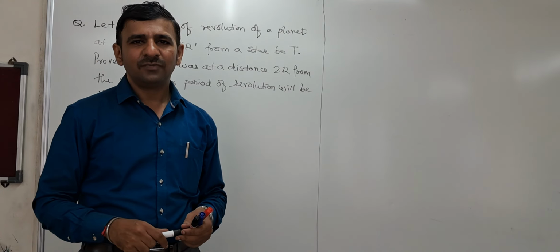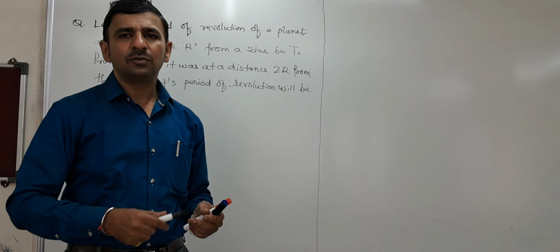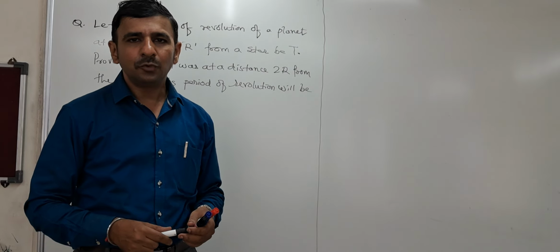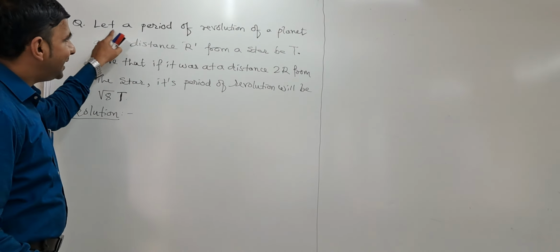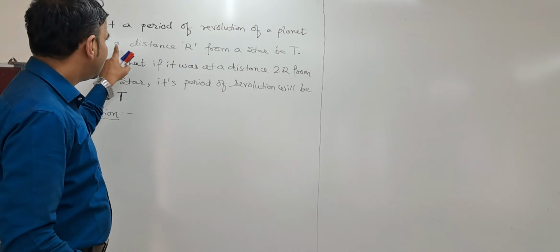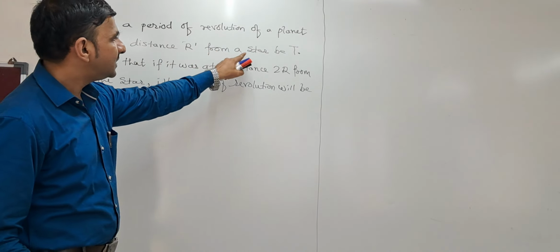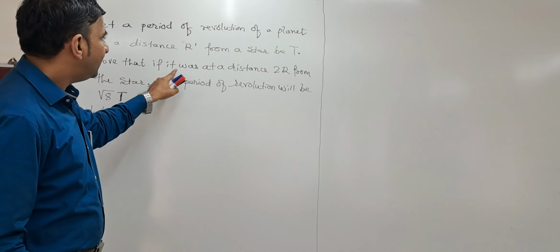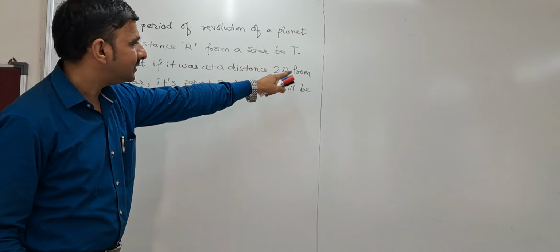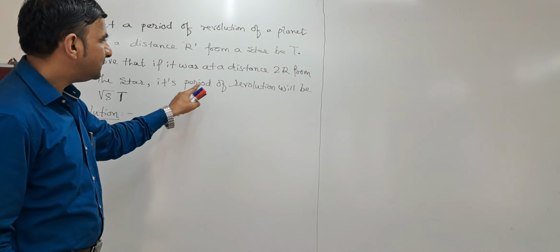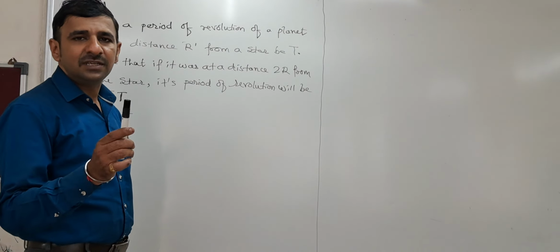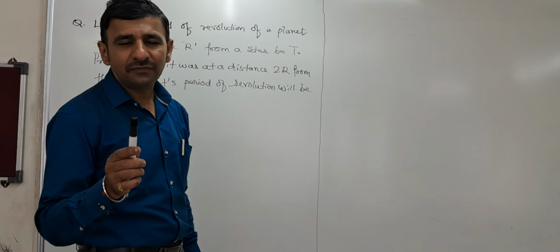Welcome students, we are today here to discuss the question asked for the gravitation for 4 marks. The question reads like this: let a period of the revolution of a planet at a distance r from a star be t. Prove that if it was at a distance 2r from the star, its period of revolution will be root of 8t. So first thing you have to do in solving the numerical is to understand the language of the question,